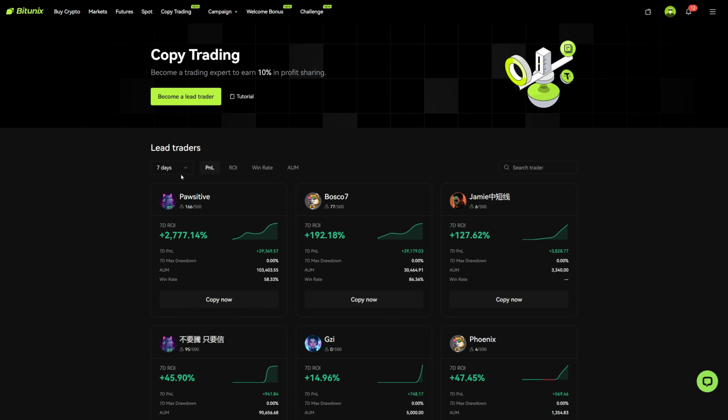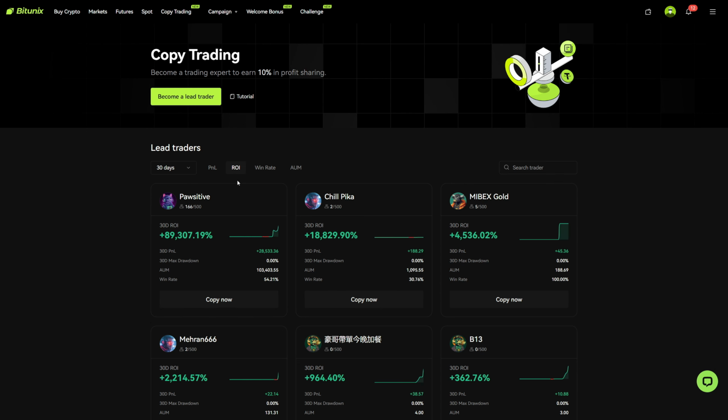Now I want to look at the performance. We can sort for 7 days, 30 days and 90 days. Let's just go to 30 days so we can see how they were performing in the last month. We can see the P&L, which means the dollar amount which they made in profit. We can see, for example, here he made 28,000 for his copiers, which is amazing. We can also see the return on investment, which looks at the percentage gains, which is 89,000, which is absolutely